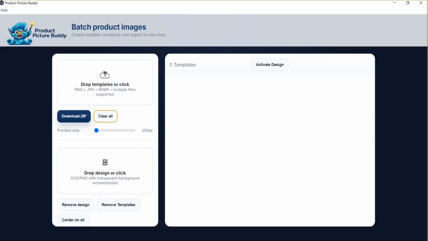Do you sell personalized products such as t-shirts, hoodies, mugs, and more in your online shop? Are you tired of spending too much time creating product images? Then we have exactly the right tool for you,